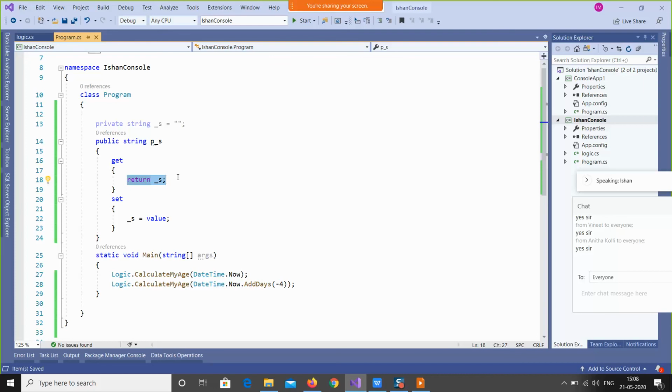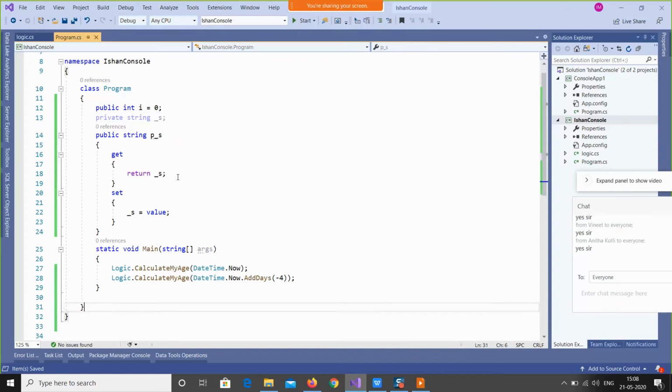What it actually does is this. Suppose tomorrow, if I write like this way, not like this. Suppose I create one more variable here, integer i is equal to 0, and let me make it public. And let me create one more class.